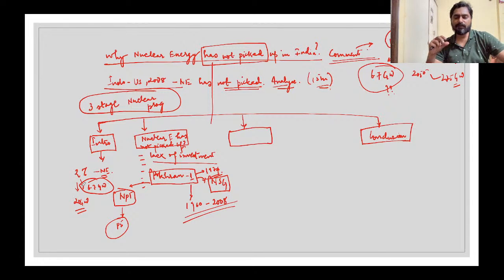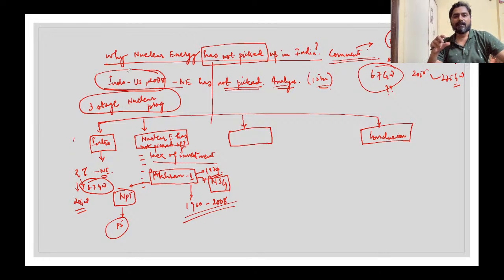Another global reason was that after 2008, the Indo-US agreement was signed. So you have to have an idea about the Indo-US agreement also. The Indo-US agreement is about India and USA making a deal that India will, despite not being a member of NSG or NPT, be able to get fuel and technology. So the US said that we will provide you a waiver from NSG, so you can get fuel and technology.